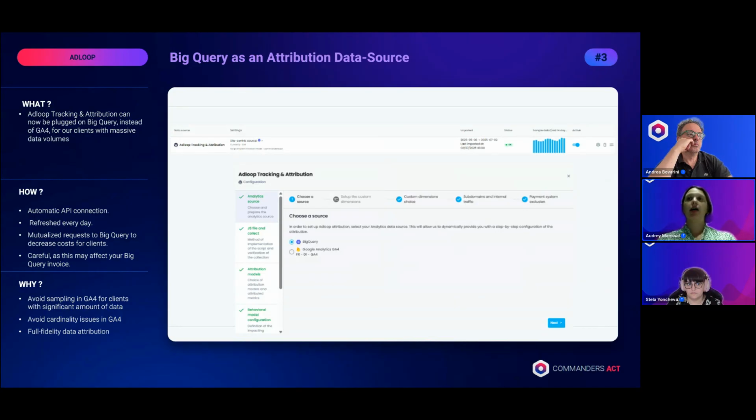Because as with any data processing in BigQuery, this connection between Adloop and BigQuery may have cost implications depending on the data volume and depending on the contract that you might already have with BigQuery. But overall, what you will get is a boost in data quality for clients with large volume with zero added complexity.